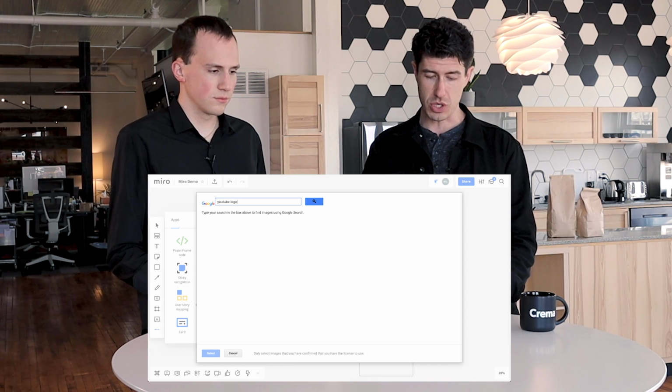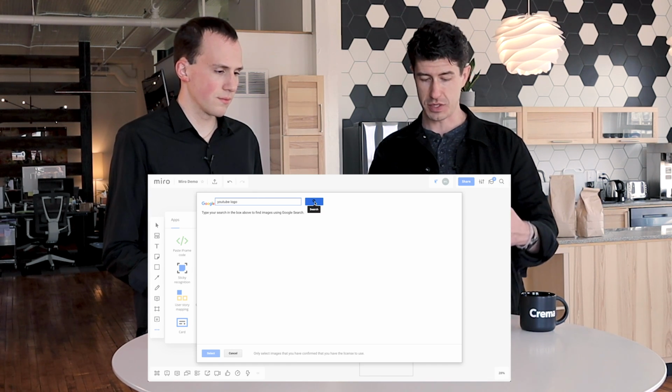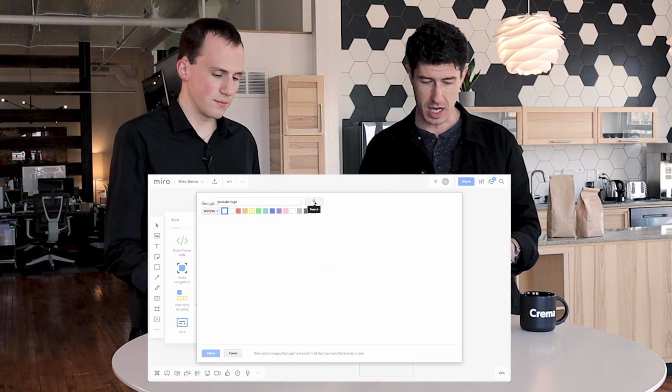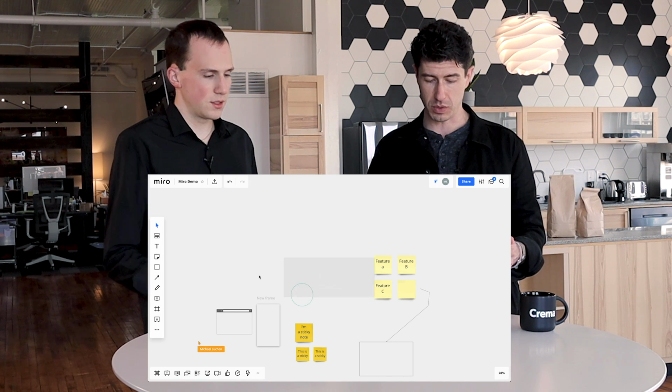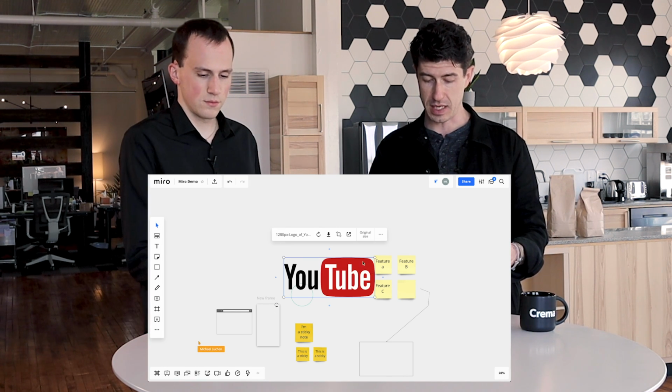One thing I use a ton is when I'm trying to put together a mood board or an idea board, I'll actually use the Google image search, which a lot of tools have, but this one does it pretty well. I actually just recently put together a diagram talking about a user journey map. In that user journey map, there are different tools that people might use. So you might say, well, I need to use YouTube during a certain part of the user journey, and being able to come in here and go, I just need the logo to make sure that I represent that. I can grab a logo real quick, it imports it, drops it in,